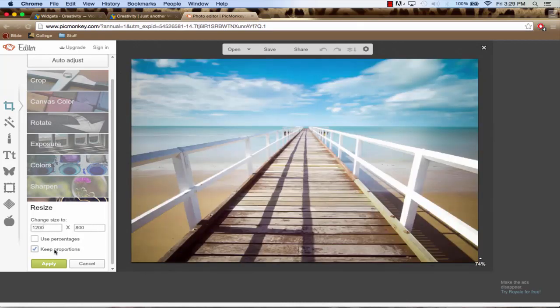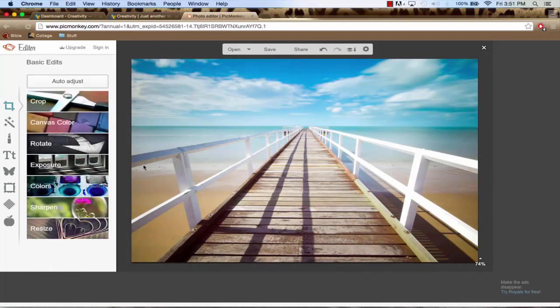Make sure keep proportions is checked, and if you type in 1200 right here, this is the width and this is the height. These are pixels. Computers look at images in pixels. So type in 1200 here, and if you got an image from Unsplash or something of a large size, it should automatically resize to 800 if you type in 1200 here. So after you do that, click apply,